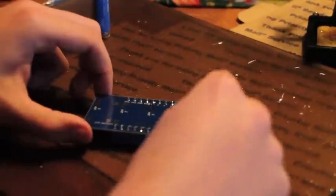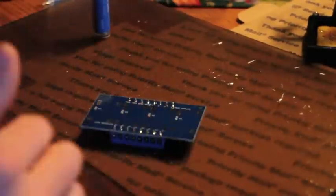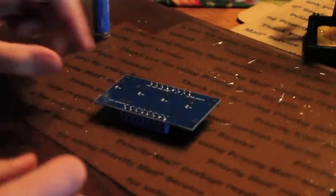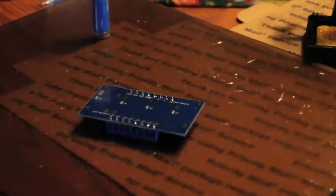If you wanted to, which I don't know if I'm going to do for sure or not, you take some side snips and you can snip off these pegs. These are pretty low, so I'm not too worried about those. But with the LDD, their pegs are a little bit longer. But I'm going to move this off to the side. Actually, I'll zoom in real quick. It's going to be a little bit blurry, so I don't know if you can see that or not. It's pretty dark, and I apologize about that, but